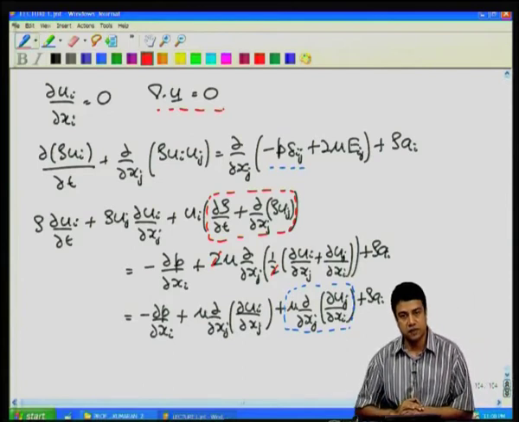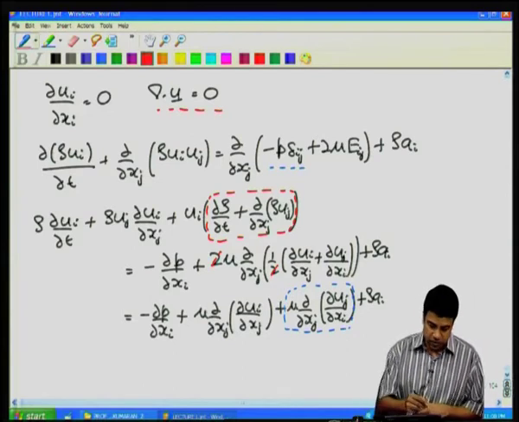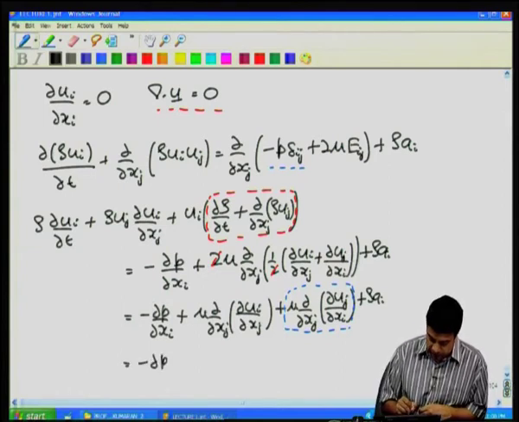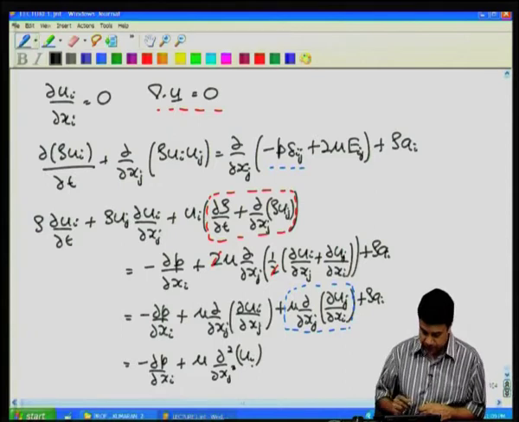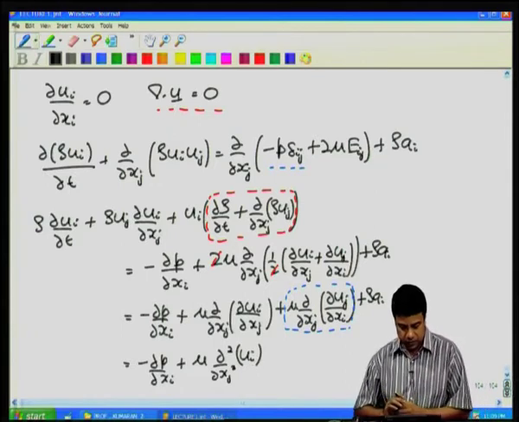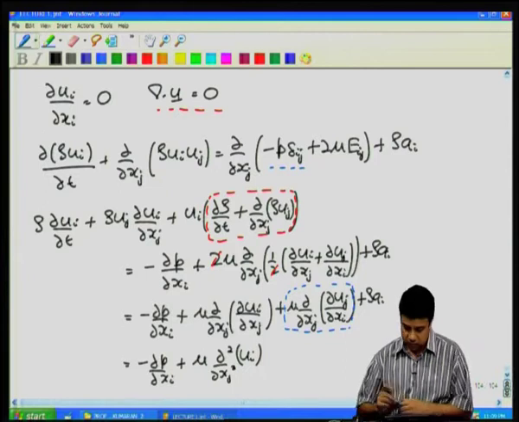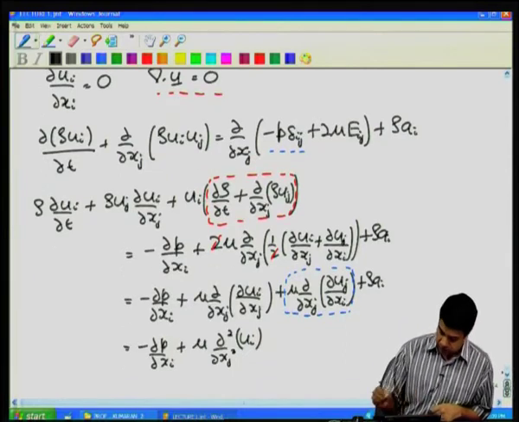So, therefore, my final equation becomes minus partial p by partial xi plus mu d square by dxj square of ui. d square by dxj square is just the Laplacian del square of this vector. So, my final